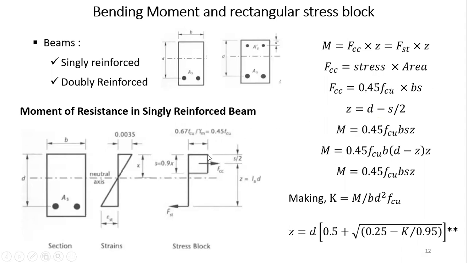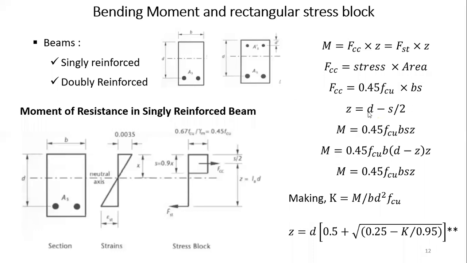Then for this area, this length is B and the depth is S. So we have B times S. That is the area of that concrete section. If you want to find Z,